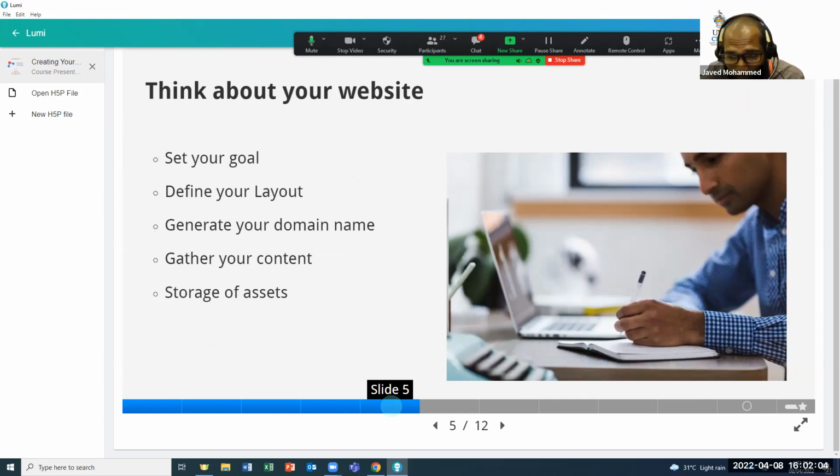That is very important because this is what you are going to give persons to access your website, and you want to make sure that your domain name is free from special characters, numbers, etc. Keep it simple. Gather your content, whether it is text, images, video. Gather your content and store it in a space that you can quickly access it.